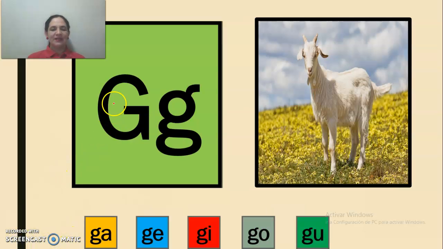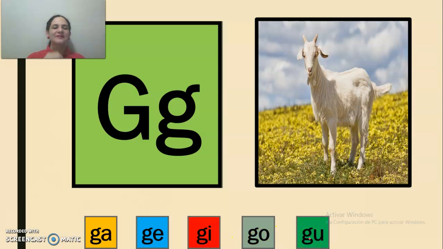The letter G. G as in goat. G says G, G, G as in goat. Now let's read the blends of the letter G. Ga, ge, gi, go, ga. One more time. Ga, ge, gi, go,